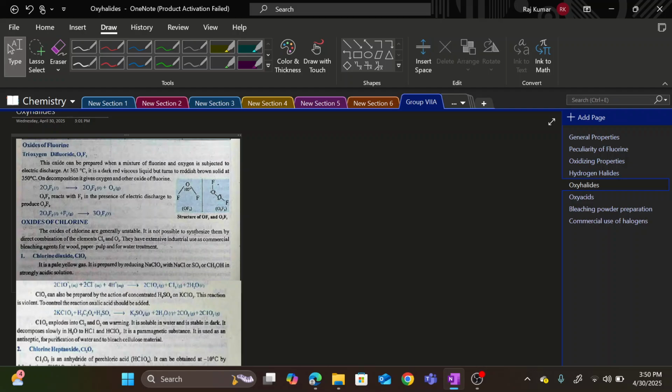Here we are mostly going to study reactions, because oxides of fluorine are pretty few, and we're going to study a few of them. So basically, we have oxides of fluorine such as oxygen difluoride, dioxygen difluoride, trioxygen difluoride, and oxides of bromine such as bromine monoxide, bromine dioxide, bromine trioxide, and oxides of chlorine such as chlorine dioxide, chlorine pentoxide, chlorine heptoxide,